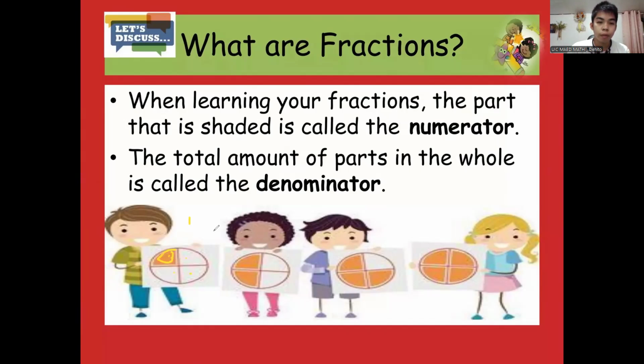Let's try a stronger color. Here, 1. And then the fraction bar, don't forget the fraction bar, it's very important. And then how many parts in all? 1, 2, 3, 4. So there are 4 equal parts. So this one is represented by 1/4. For the second one, how many parts are shaded? That is the numerator. Then don't forget the fraction bar. Then how many in all? 1, 2, 3, 4. 2/4 is our fraction.